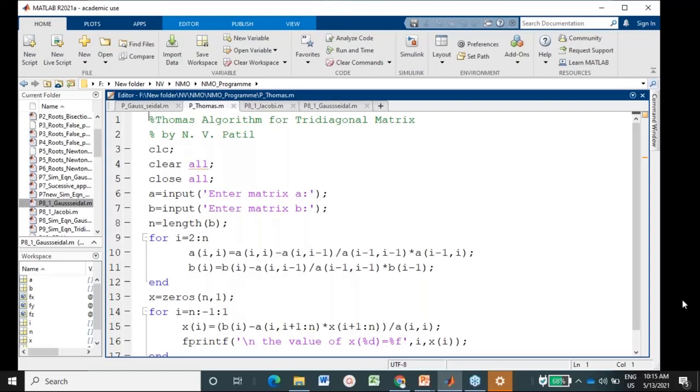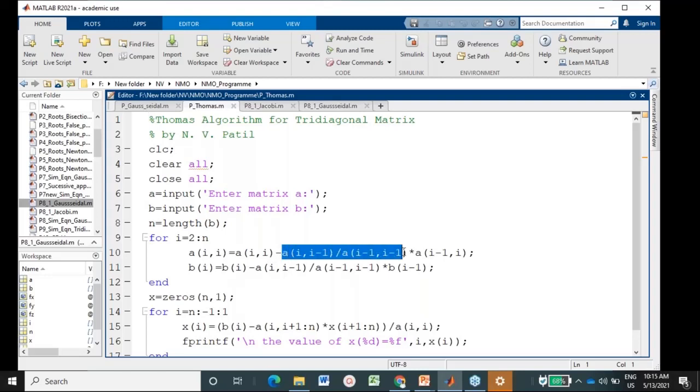Then as I already explained, we have to make the changes as equation 2 minus factor into equation 1. So it will be written here when our i is equal to 2. A(i,i), that means A(2,2), is equal to A(2,2) minus the factor.